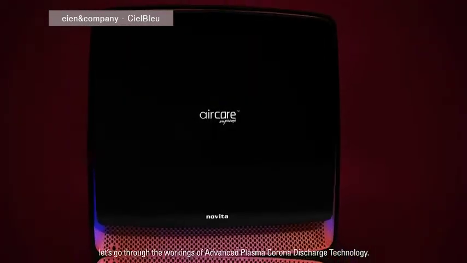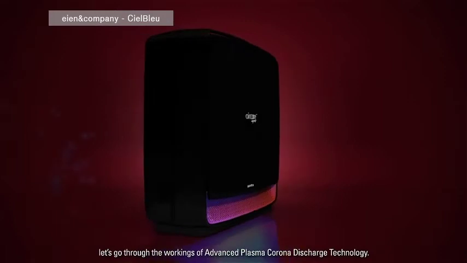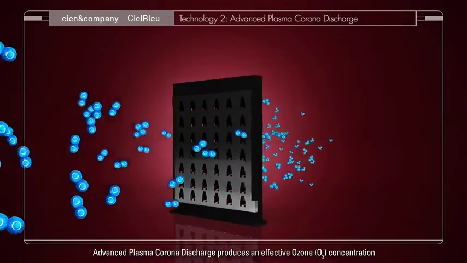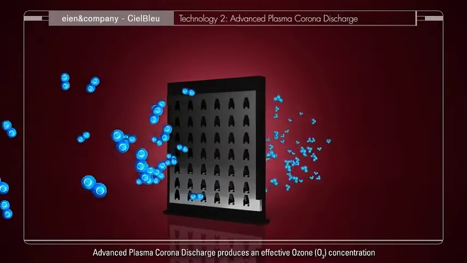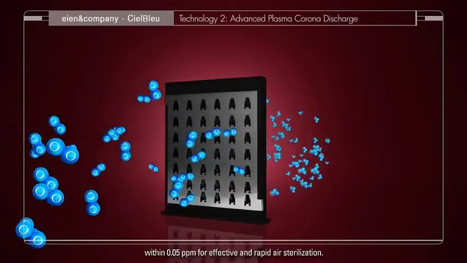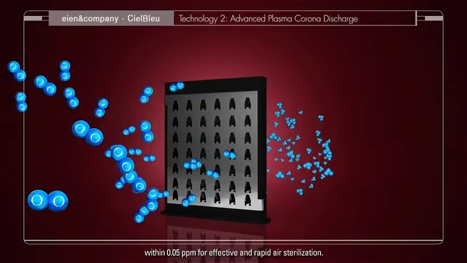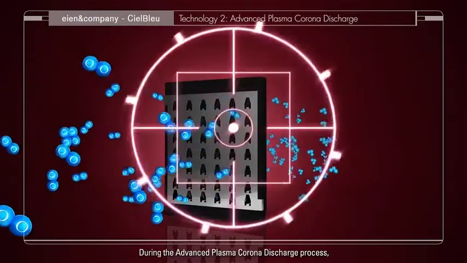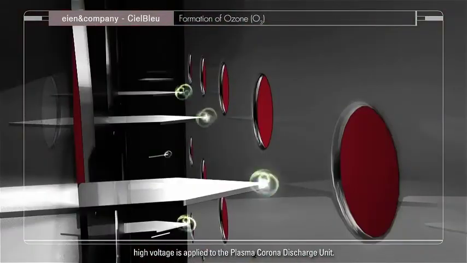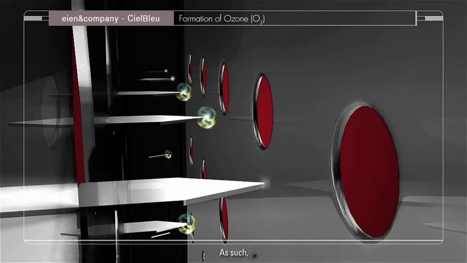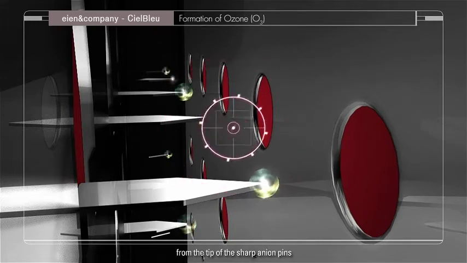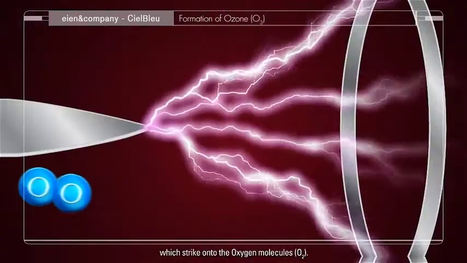Next, let's go through the workings of advanced plasma corona discharge technology. Advanced plasma corona discharge produces an effective ozone concentration within 0.05 ppm for effective and rapid air sterilization. During the advanced plasma corona discharge process, high voltage is applied to the plasma corona discharge unit. As such, a strong electric field is produced from the tip of the sharp anion pins, which strike onto the oxygen